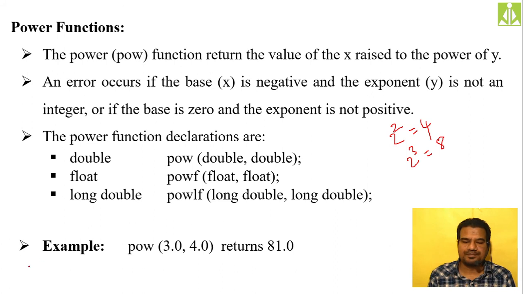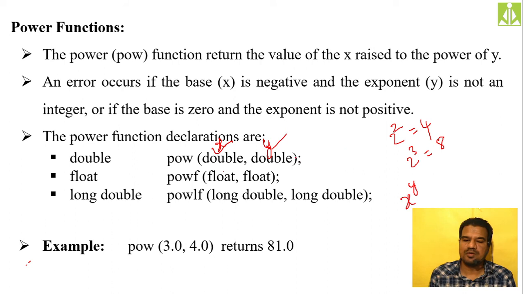So over here, we use the power function, POW, in order to calculate the power of some number raised to another number. The first number you have to specify over here, and the number it is raised to you have to specify over here. Suppose you are saying x power y, then x you specify as the first parameter and y you specify as the second parameter. Remember this one. So the power function will work in this way.